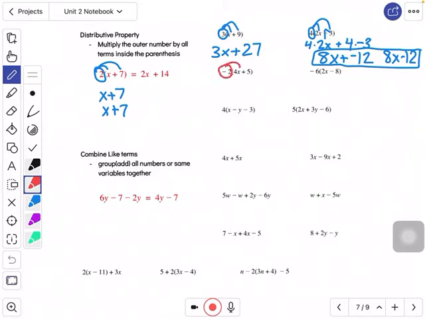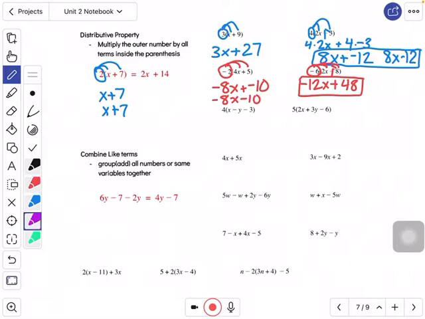Negative 2 times 4x, so that's negative 8x, plus negative 10, or more formally, negative 8x minus 10. Here, negative 6 times 2x, so that's negative 12x, plus negative 6 times negative 8 is positive 48, so that is your answer there. Here we are multiplying the 4 by all three terms, and I'm actually going to write